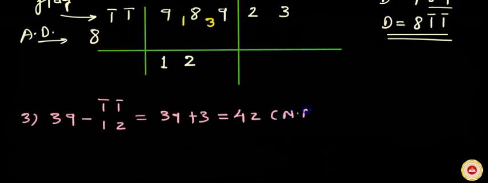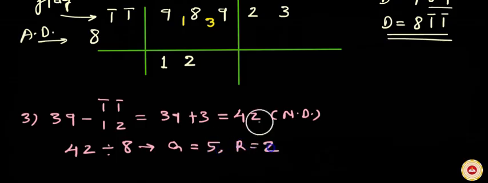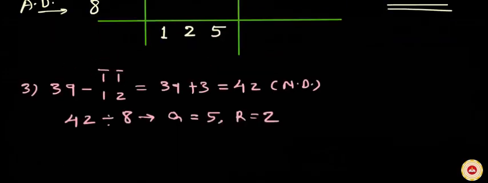This 42 is the net dividend. Divide net dividend 42 by the actual divisor 8, which gives us quotient 5, since 8 fives are 40, and the remainder is 2. So write quotient digit 5 below gross dividend 39, and write remainder 2 as a prefix to the next digit in the dividend, which is 2. Read these two digits 2 and 2 as 22, and this 22 is the gross dividend. Let us use this 22 gross dividend in the next step.